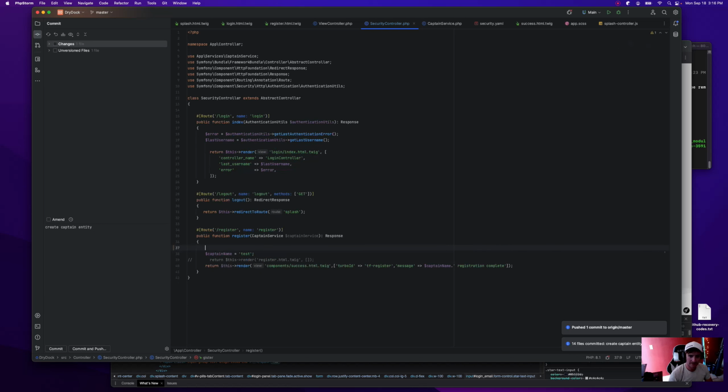All right, we're looking good so far. We just have to finish this captain service, create a captain, make sure the turbo frame is working, probably deal with some errors, and then log in. That's literally it. And we're going to have a lot of cleanup to do next time on the finer things: CSRF protection for the registration form, register an email address, verify your email, reset password, all those things.